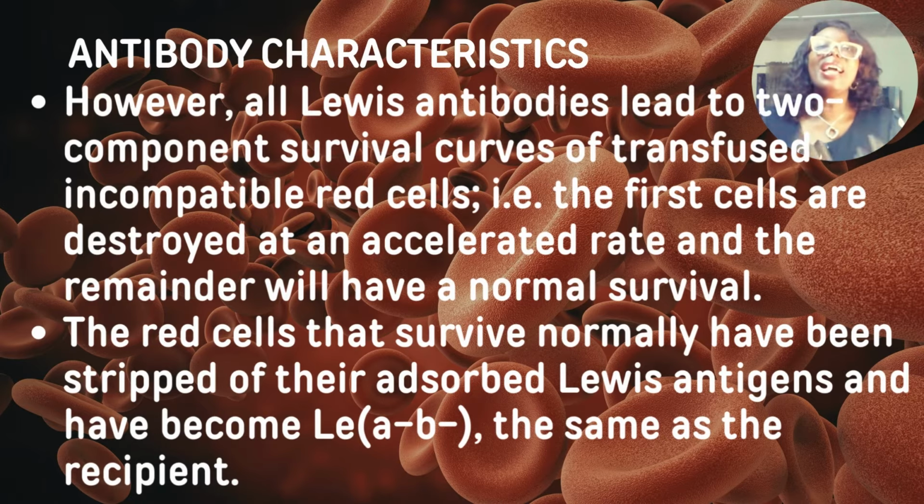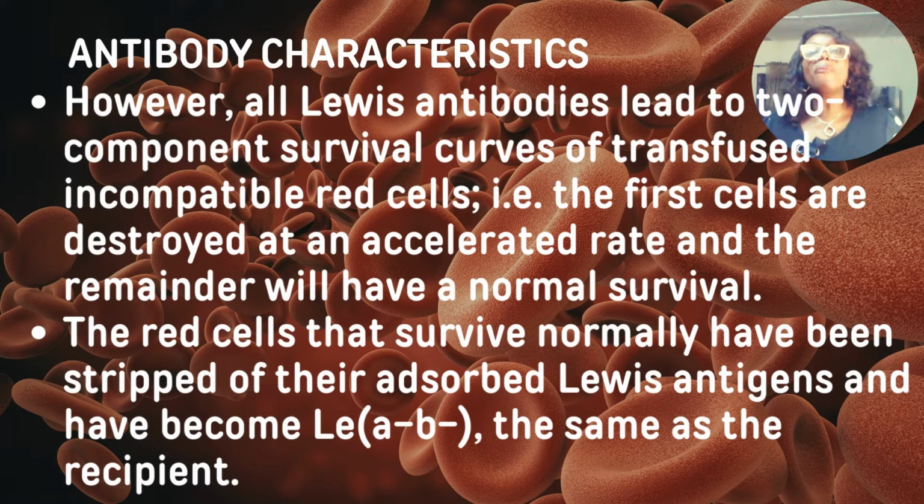The antibody in the Lewis A negative individual can attack the red cells, but that is within the first week of transfusion. As these red cells that have Lewis antigen stay longer in the plasma of the individual who is Lewis A negative,